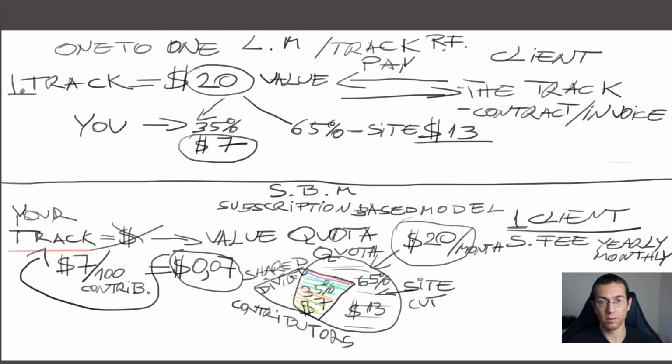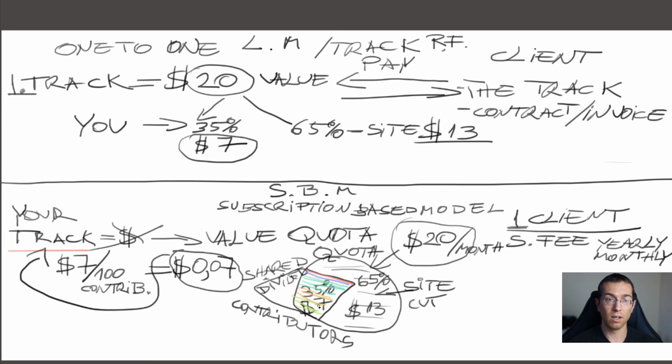From that sum, the site is taking its cut. This is why this business is very profitable for the platforms, because they are always taking their cut. The 65% in this case is the $30, and then what remains in the subscription-based model is the 35%,